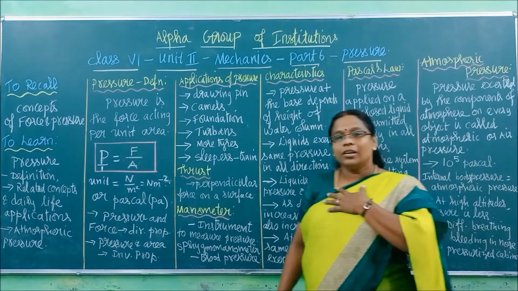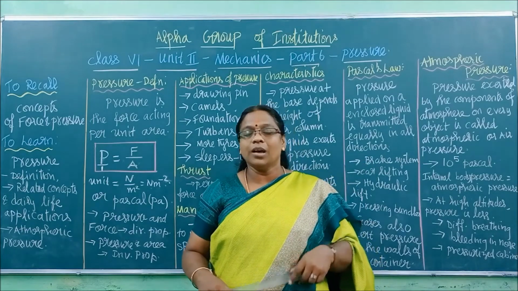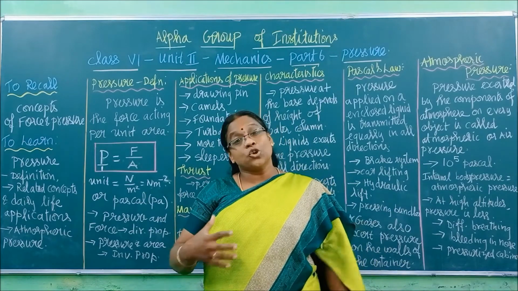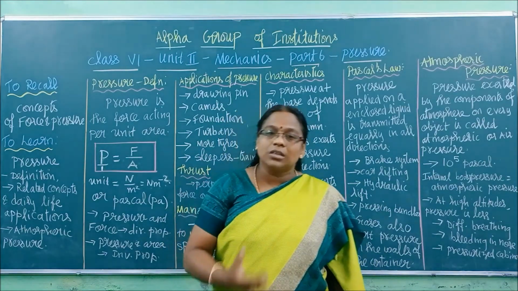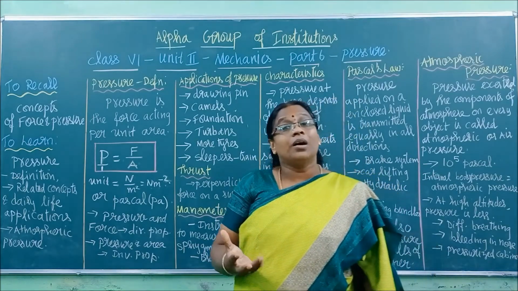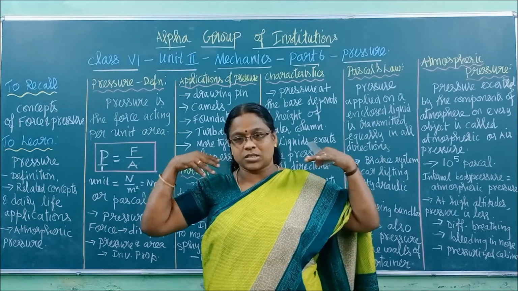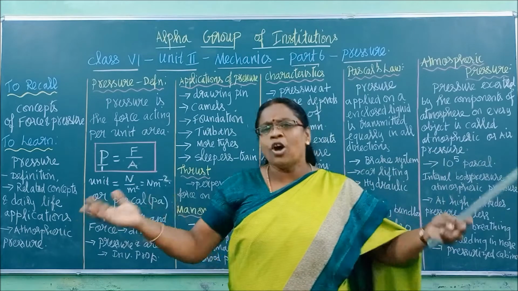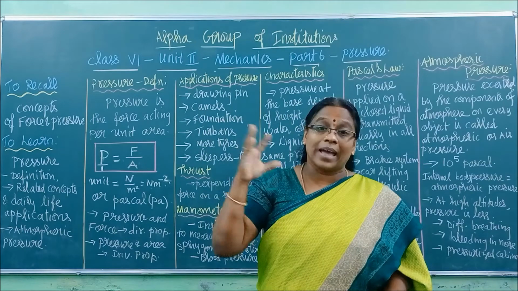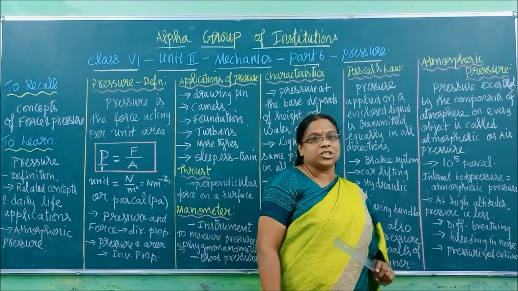Now I am standing here. This surrounding me is called the atmosphere. This atmosphere contains so much air in it. This air contains so many components like oxygen, nitrogen, carbon dioxide, even water vapor, all those will be there. These gases will exert some pressure on us, even on the table, all the objects surrounding us. So that pressure exerted by the mixture of gases around us is called atmospheric pressure or air pressure.